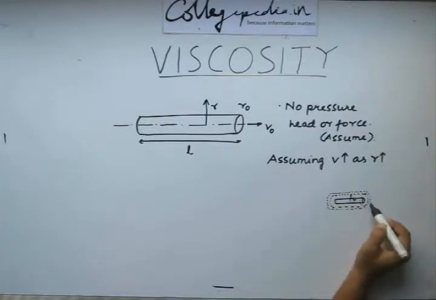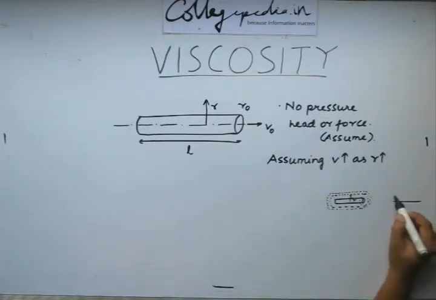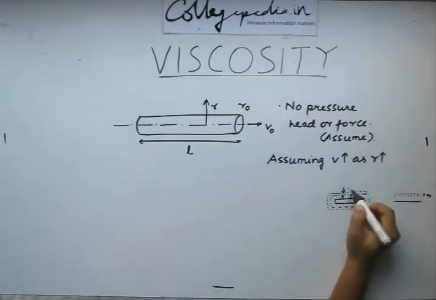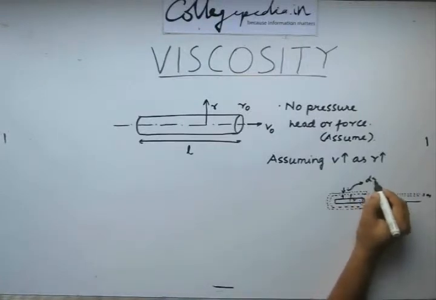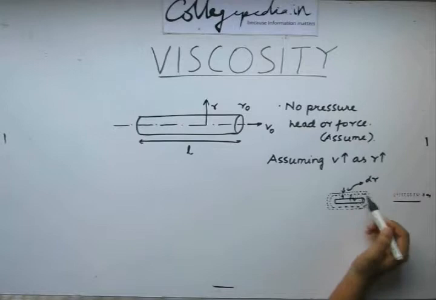Note that we are doing it almost similarly as we did for a flat plate. In a flat plate we had this plate, we considered some fluid layer at some height and we considered another fluid layer at some other height. This difference in height was dy. Similarly here this difference in radius is say dr. So we have a fluid layer which is cylindrical in shape at a radius r, and another fluid layer at a radius r plus dr.